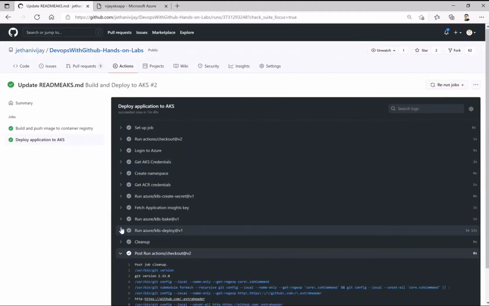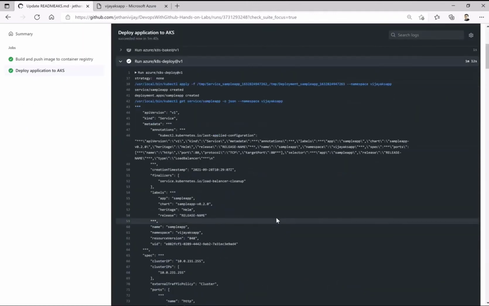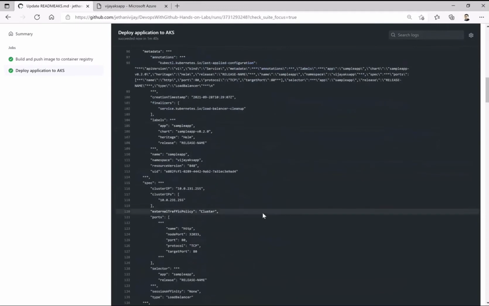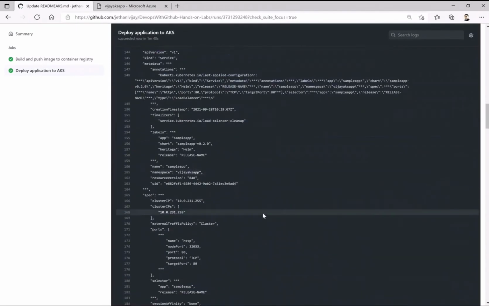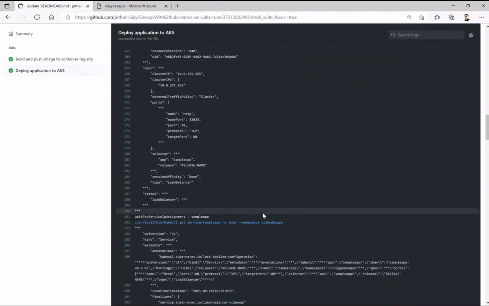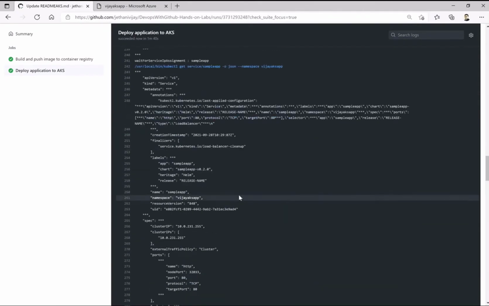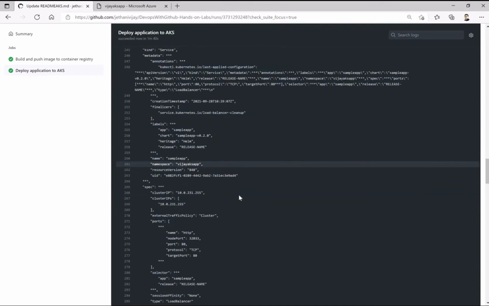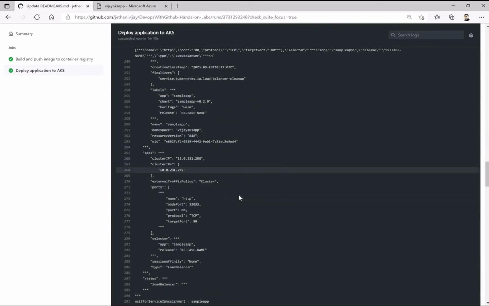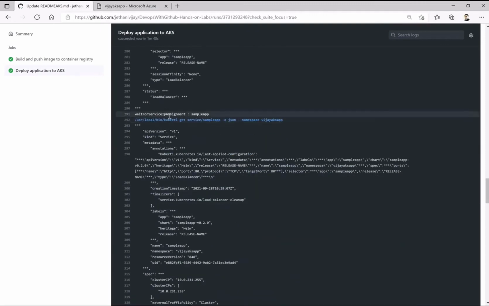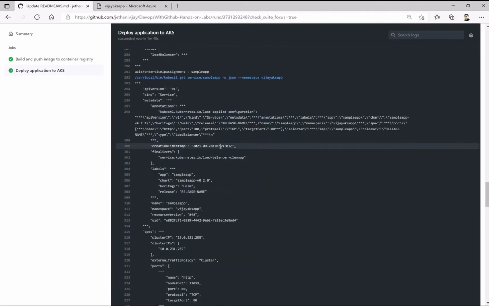So I think it completed deploying. I just need a load balancer IP, which it gets after the cluster IP assignments and deployments, so I'm just trying to fetch that. Sample app, waiting for service IP assignment.